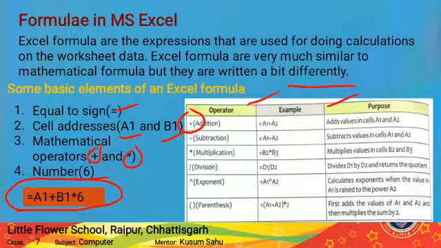So if we add two cells, here we can write two references, that is A1 plus A2. It is used to add the value of cell A1 to A2. If we add the numbers from A1 and A2, we will use this formula. And after that, for subtraction, we will use the formula equal to A1 minus A2 for the subtraction of A1 and A2.